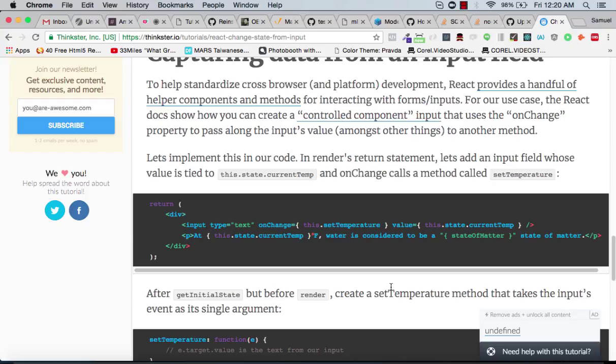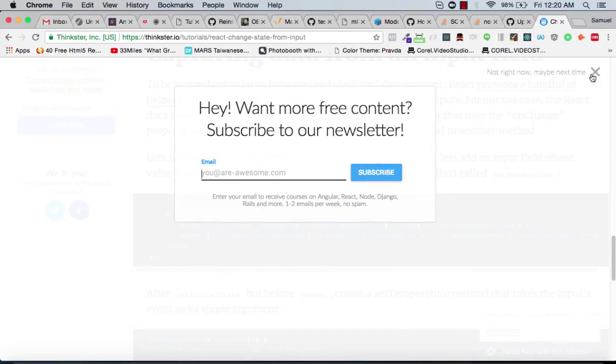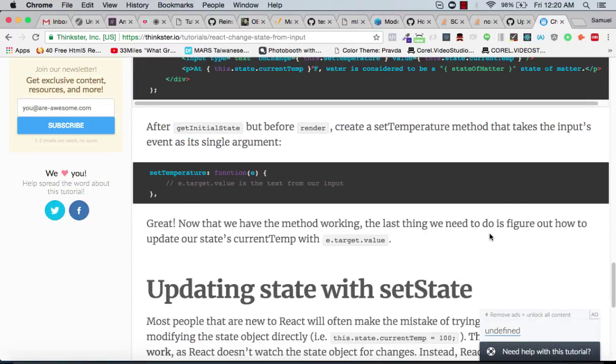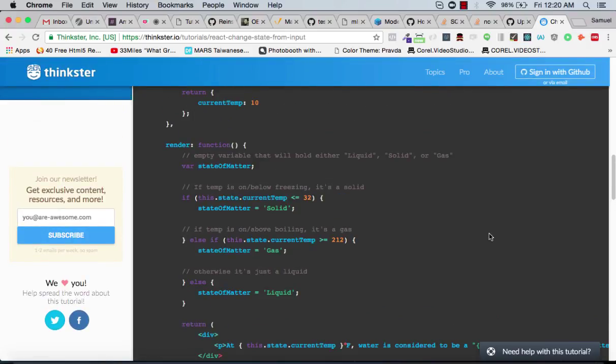I think it must be on the form, right? So that state current